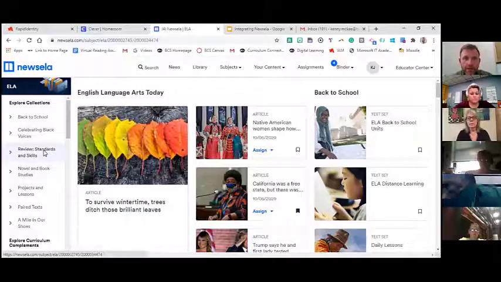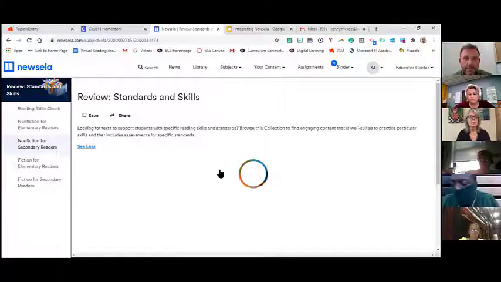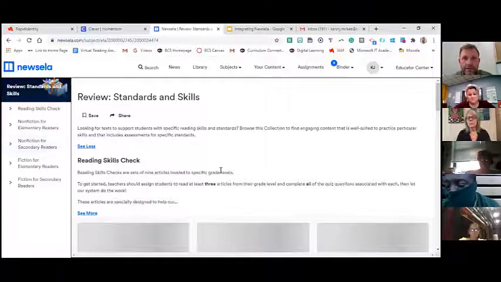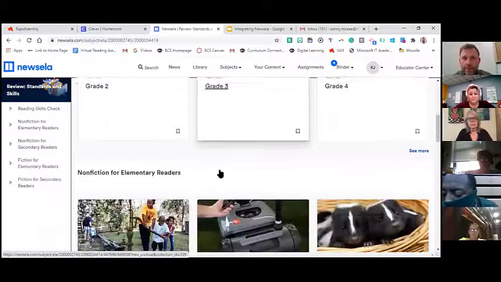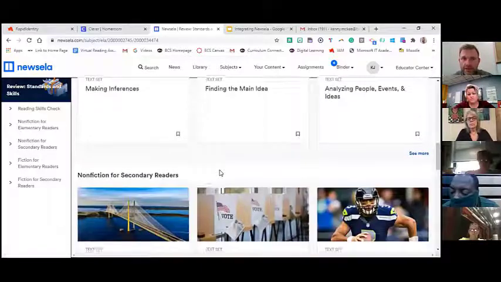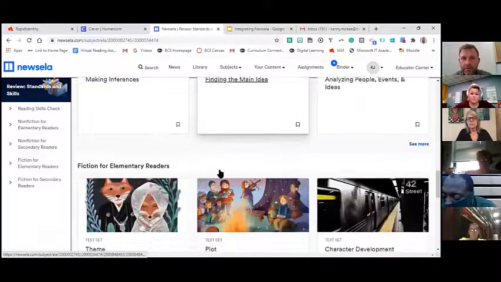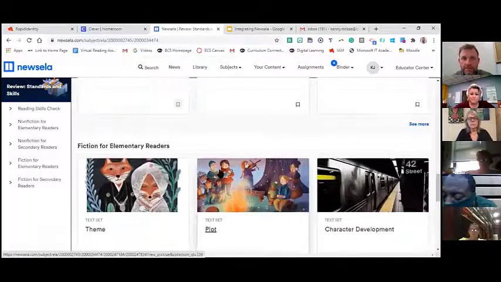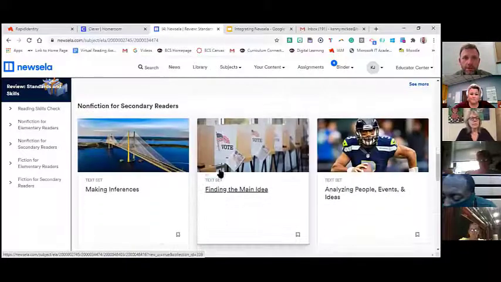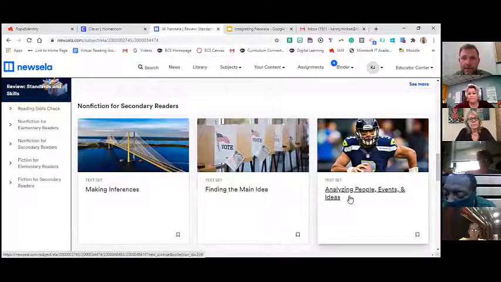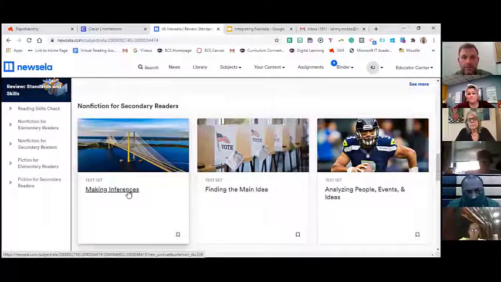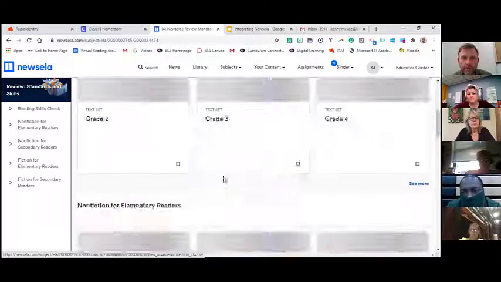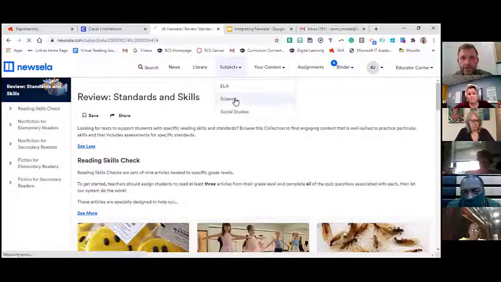Those are related to basically these different skills checks you can do that are almost like a benchmark test. They can give students to see how well they're doing on these different skills. So for instance, if you're working with nonfiction for secondary readers, you can give them one on finding the main idea, analyzing people, events, and ideas, making inferences, and see how students are doing on those skills. So they're very helpful. If you're a science teacher,